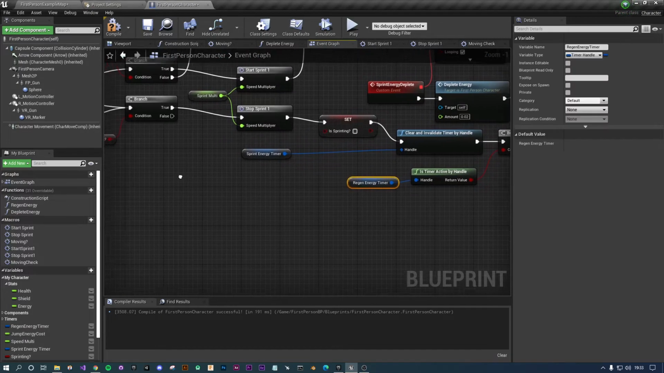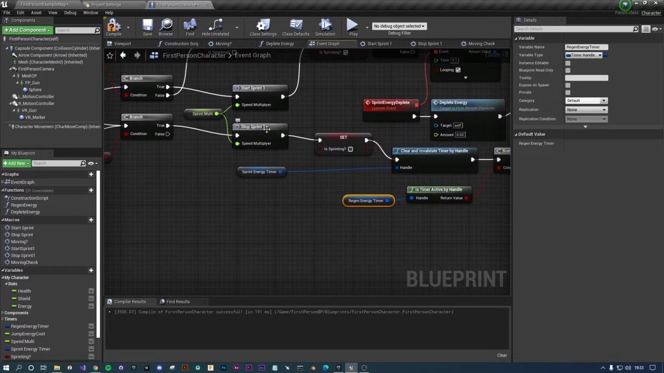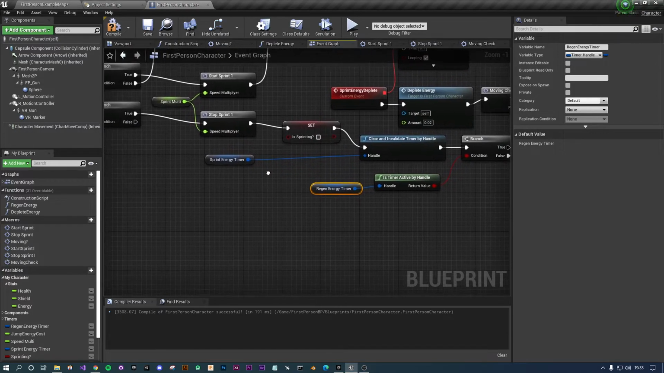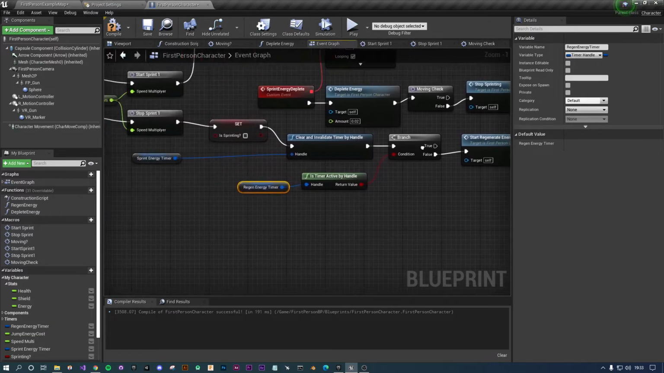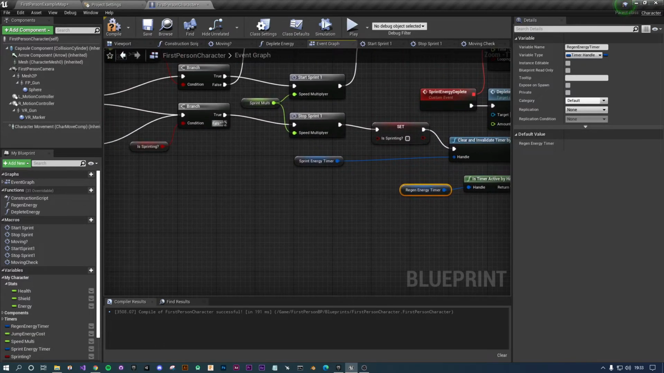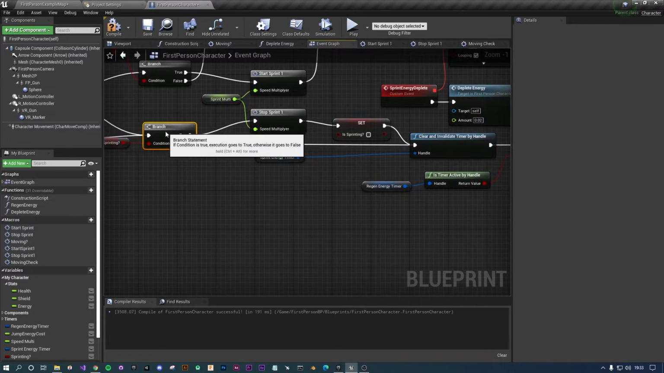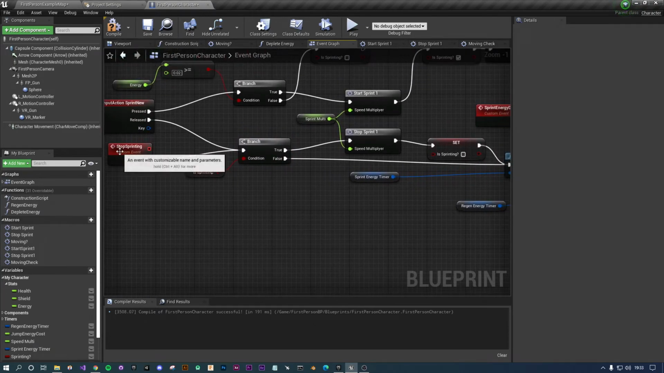But if we weren't sprinting, we no longer need to stop sprinting. We don't need to set this to not sprinting. But we do want to clear the sprint timer, and we do want to check to see if there's a regen timer, and then we do want to start regenning. So what we could do with this false is bypass all of this and plug it straight into the clear. So if we move that down a little bit, and that down a little bit, we're saying,